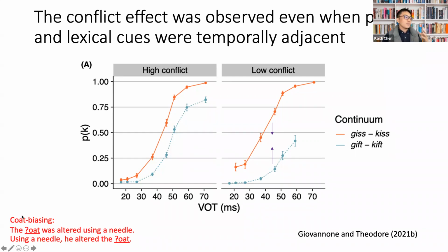Say in a code biasing context, if the context comes before, as you can see here, the second example in the code biasing, "Using a needle, he uttered," you have already been exposed to the semantic information. So it could be possible that it could be so strong that it will attenuate the conflict effect. That is, the lexical context appeared before the phonetic cues. So you will expect what to hear, which may possibly wipe out the difference in either a high conflict situation or a low conflict situation.